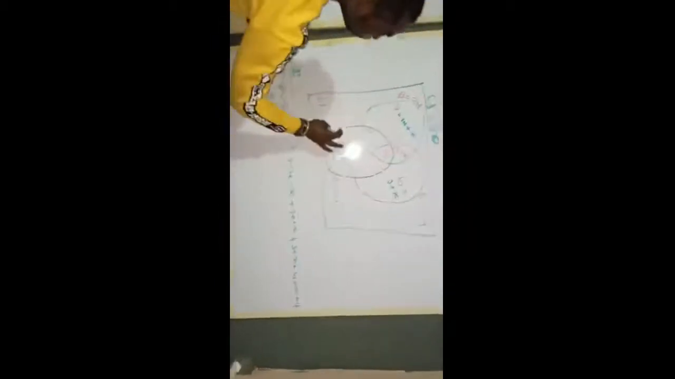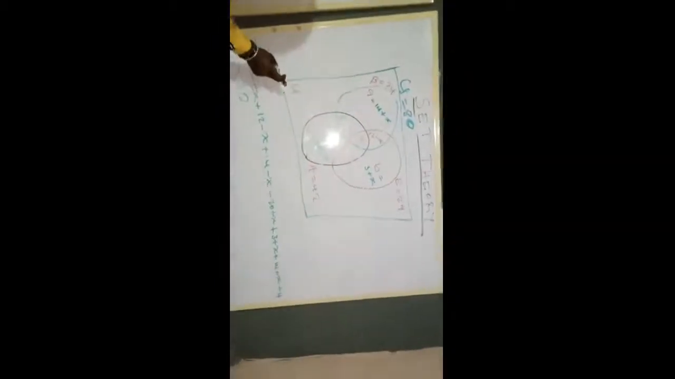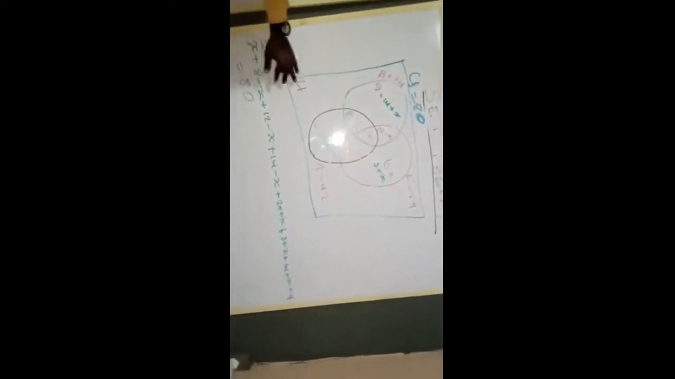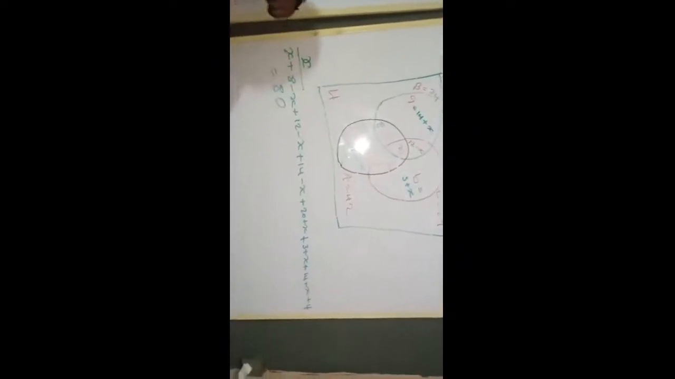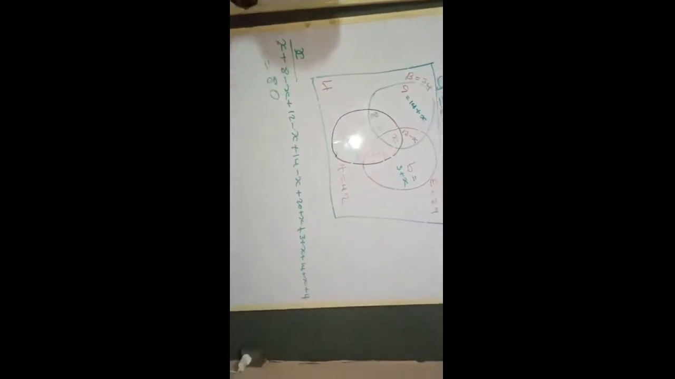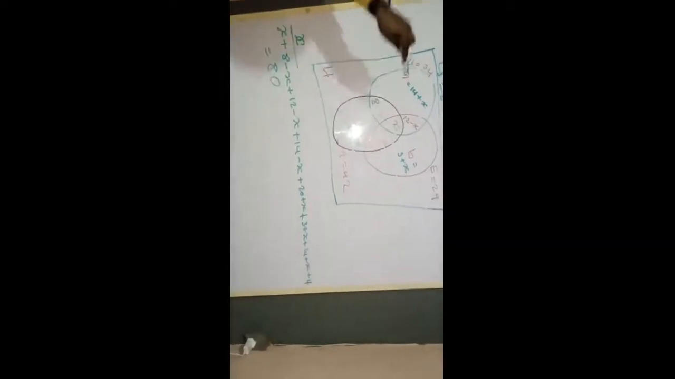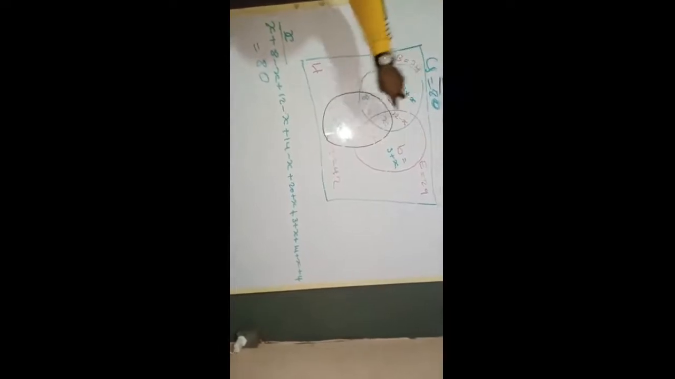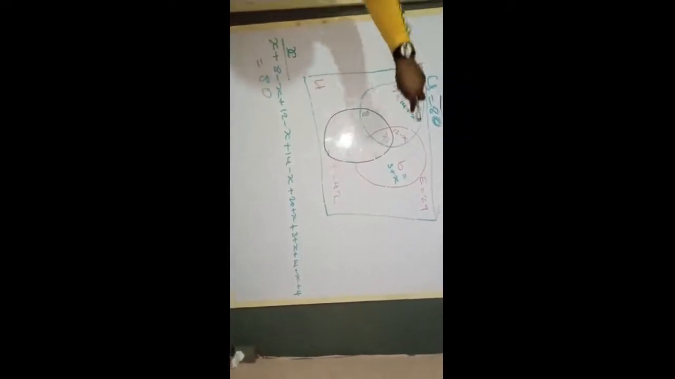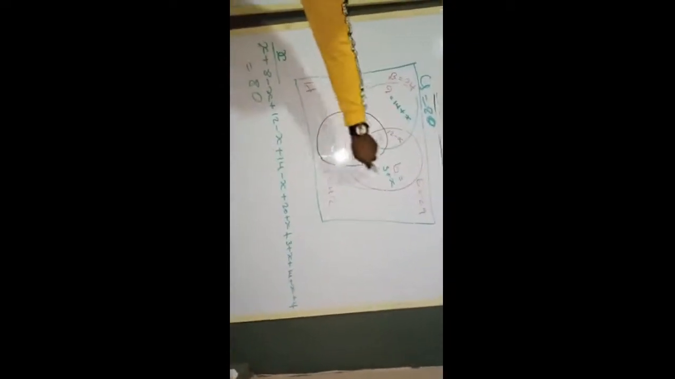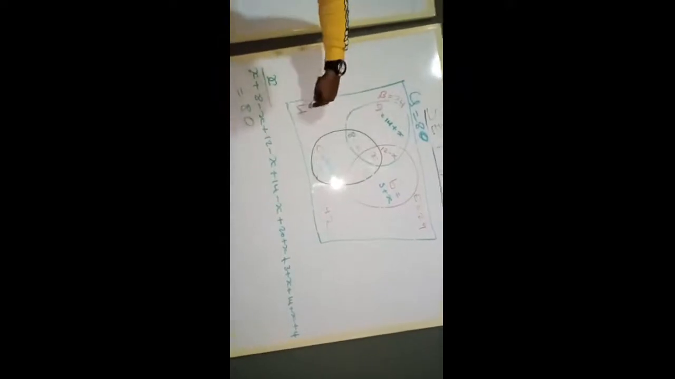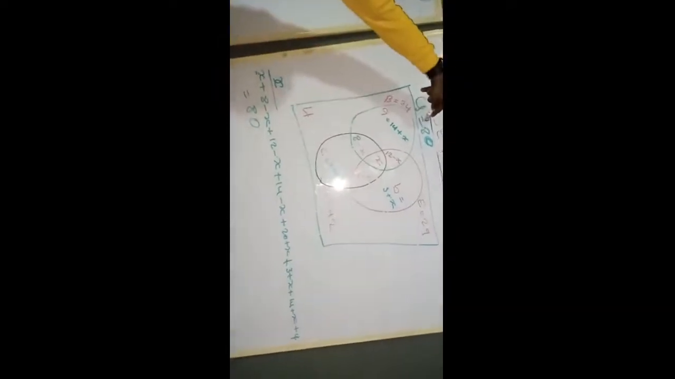Now this equation is long, right? But it is very simple. Just know that you are going to add everything within itself, including the number of students that don't offer anything. You have to include them because they are part of the universal set and they didn't offer anything. And for us to get x, which is the number of people that offer the 3 subjects, we have to add everything within the 3 circles, including this one, which is equal to the universal